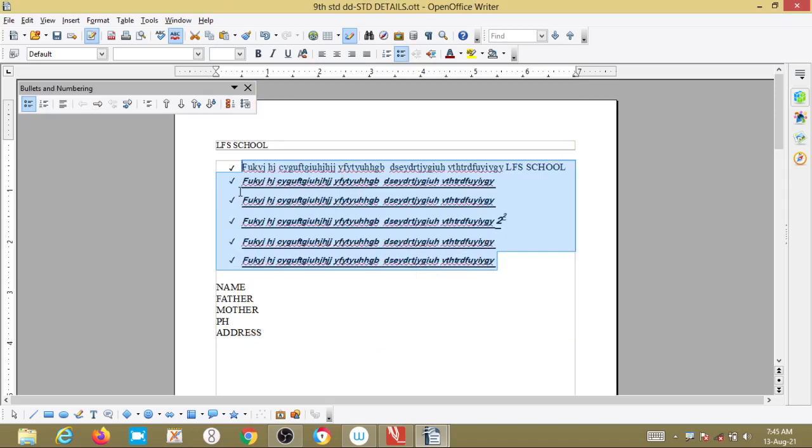See, every time I have to go to a particular menu and select from that particular point, right? Instead of that, there is a toolbar which is called the standard toolbar. Here you will get all the options, right? See, save is there, open is there, these all come under File. This is the new document, save is there, edit is there, then page preview is there, cut is there, copy, paste, undo and redo options are there.